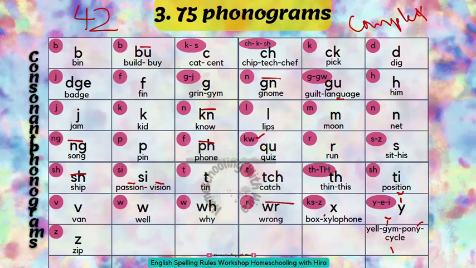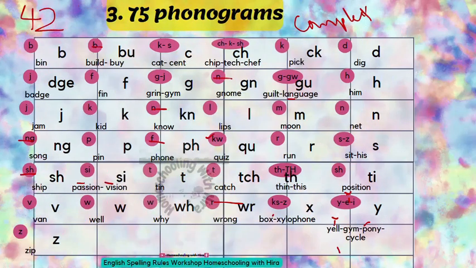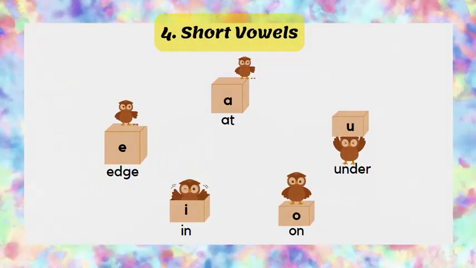I think that this part has become a bit lengthy, but the next parts are short and they will go like this. So now let's talk about the short vowels. If you have any confusion about the sounds, especially in the sound of I, A, and E, these three are a bit tricky. So short vowels, just remember these prepositions. If you cannot get the short vowel sound, say the prepositions